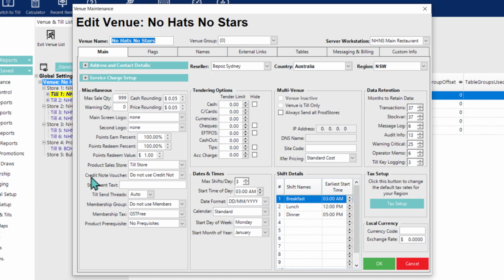And that is going to be this credit note voucher dropdown, which won't have anything in it yet, aside from the option that says do not use credit notes. But once we do have a voucher setup created that uses the credit note voucher type, which we'll see in a few minutes, we'll be able to add it here at the venue level, and that'll be used whenever credit